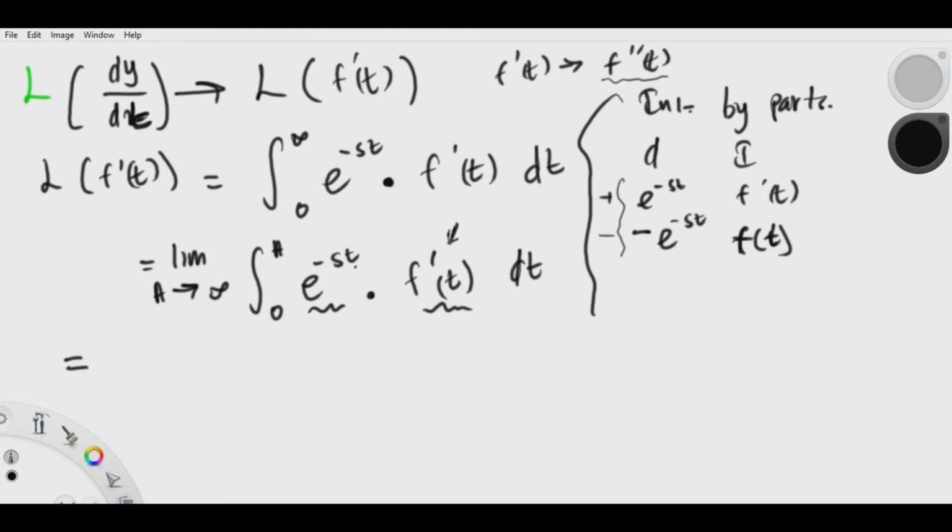Alright, so where are we now? Okay, so now, remember the rule was uv minus u dash v, okay? So my u, which is the differentiation ones, and the integration ones is the v, so what I'm gonna get is e minus st f of t, from 0 to a, plus